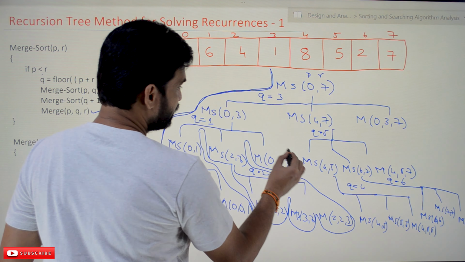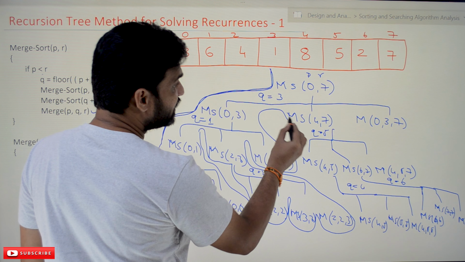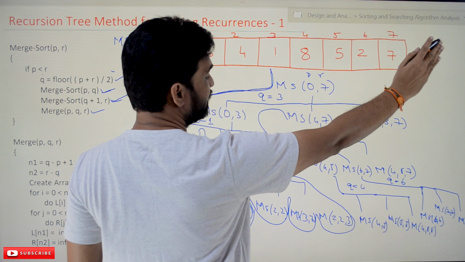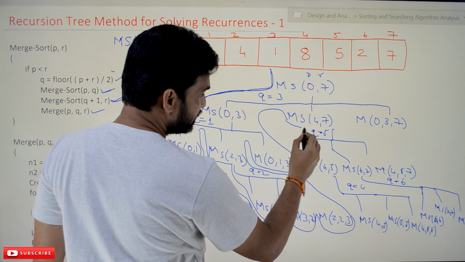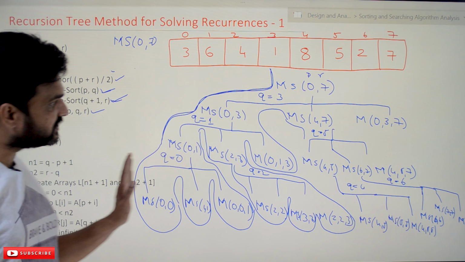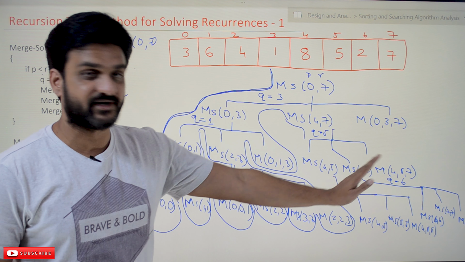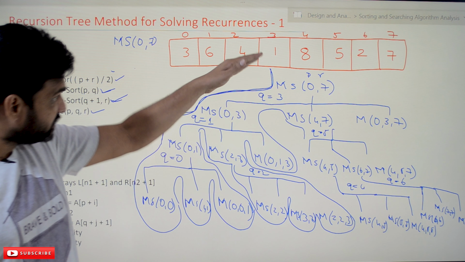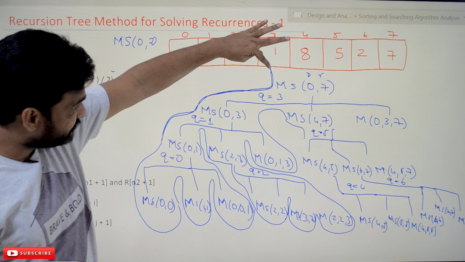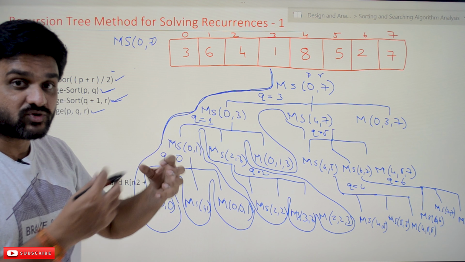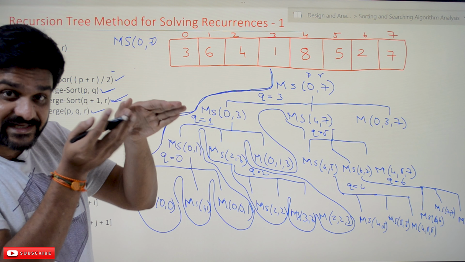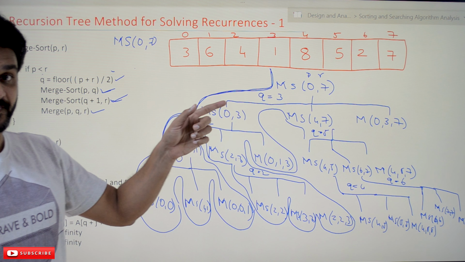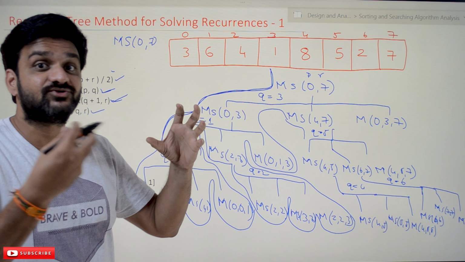Okay. So now again this one is done, and now the ms of 4 comma 7, which means this part of the array will get sorted. Now here, what I am doing is, it is from top down, left to right, top down, left to right. Whatever the functions that we are going to get in the movement from top down to left to right, those are the functions that will get executed. That is the order in which the function calls are made. So that is how we can understand the recursive tree.